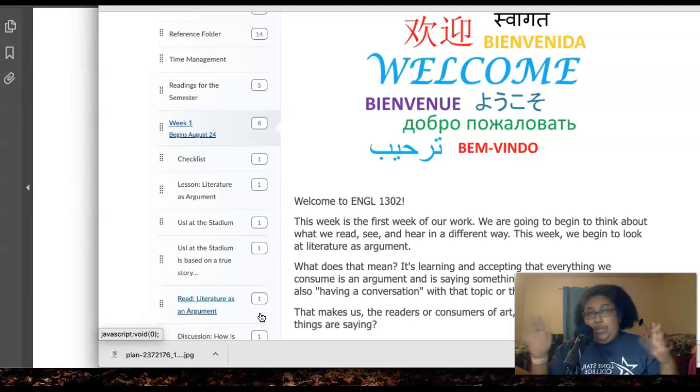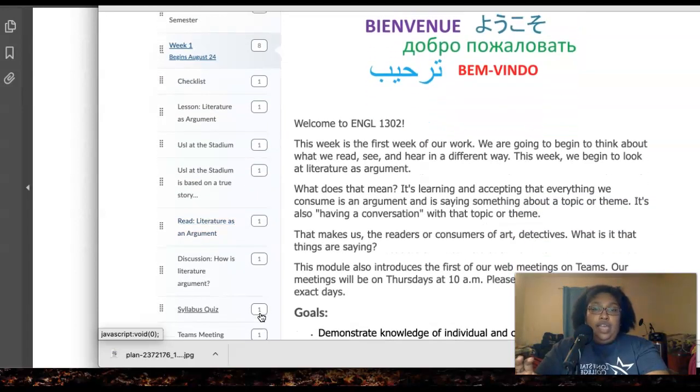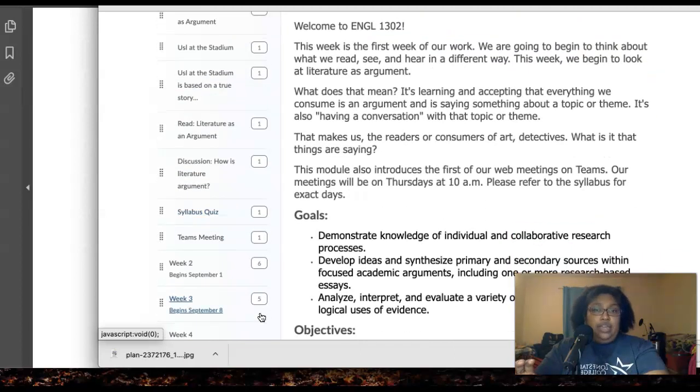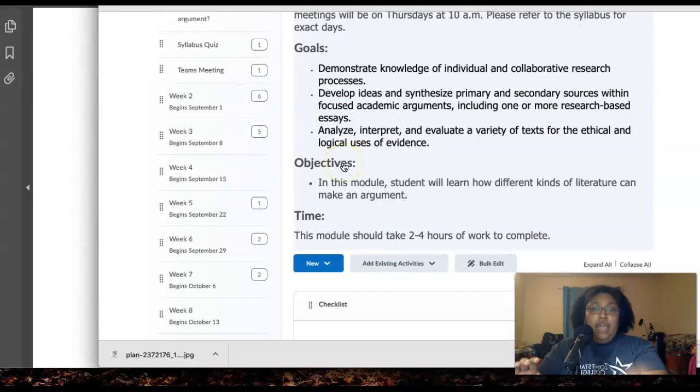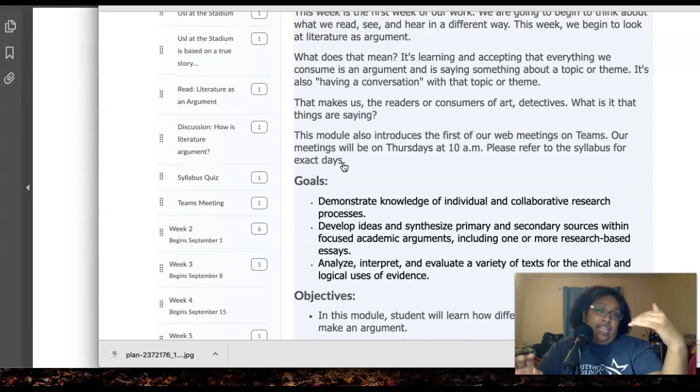Think of them as units, right? But the units are tinier. They're smaller. They're only for 1 week. So every week you get a welcome. You get an introduction to the week. You get what the goals are for the week and what the objectives are for every single week. That way you know exactly what learning outcomes we're hitting, what the goals are for each thing,